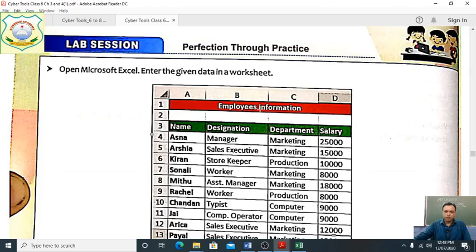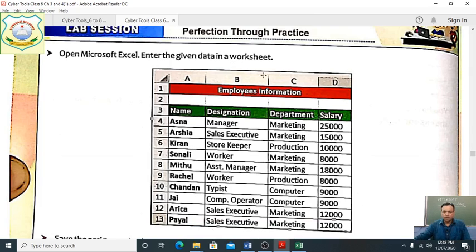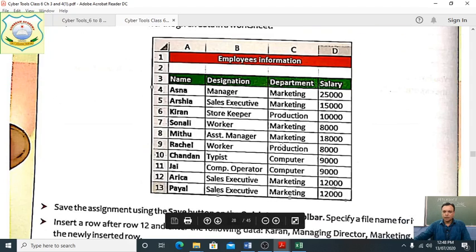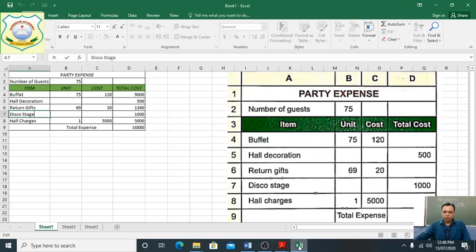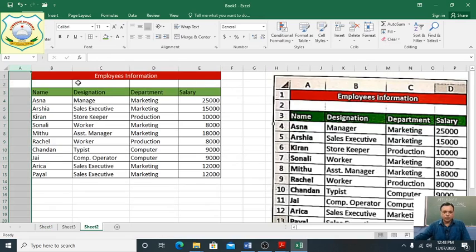Now next is also an activity section. It says open Microsoft Excel and enter the given data in a worksheet. This worksheet is given: employee information, name, designation, department, salary. Okay. So students, we have already made this in Sheet 2. We have already made the employee information there, with all the names, designations, departments and salaries included.